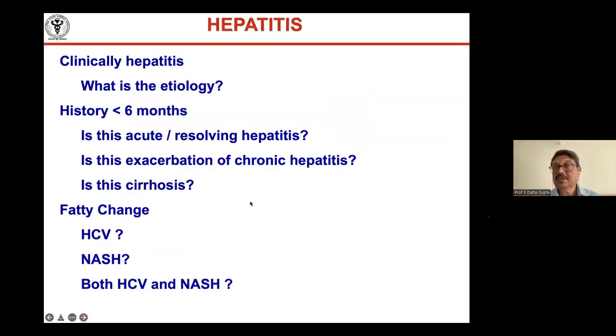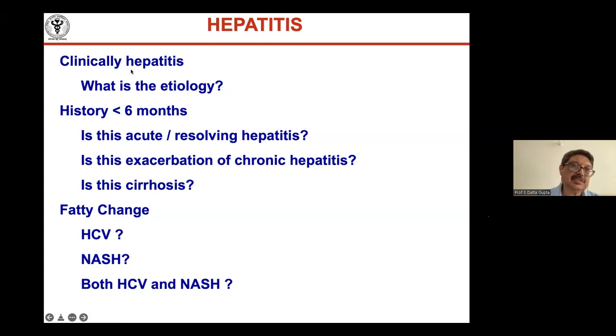Now, we have very good non-invasive tests, molecular biology and other markers to distinguish different types of viral hepatitis, your DNA levels and other things which will guide your management. You do not require a liver biopsy per se to diagnose whether it's hepatitis B or C and so on. You require it for grading and staging. There's a lot of controversy regarding staging with FibroScan and so on.